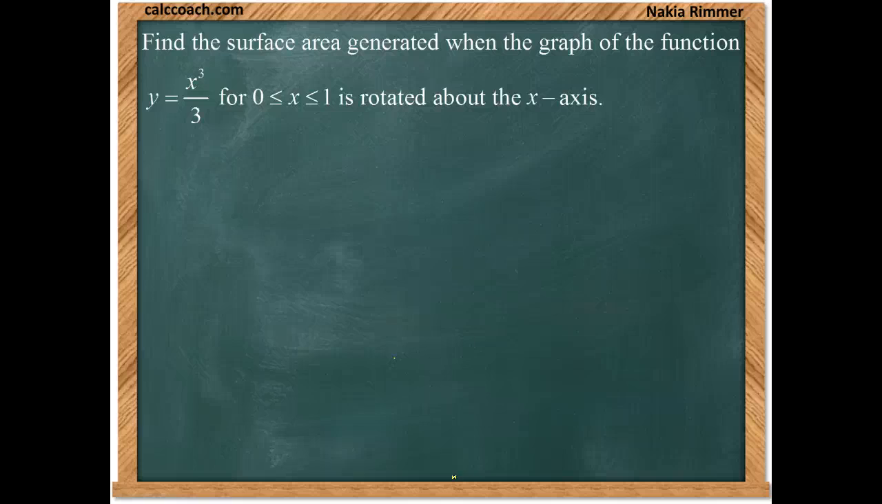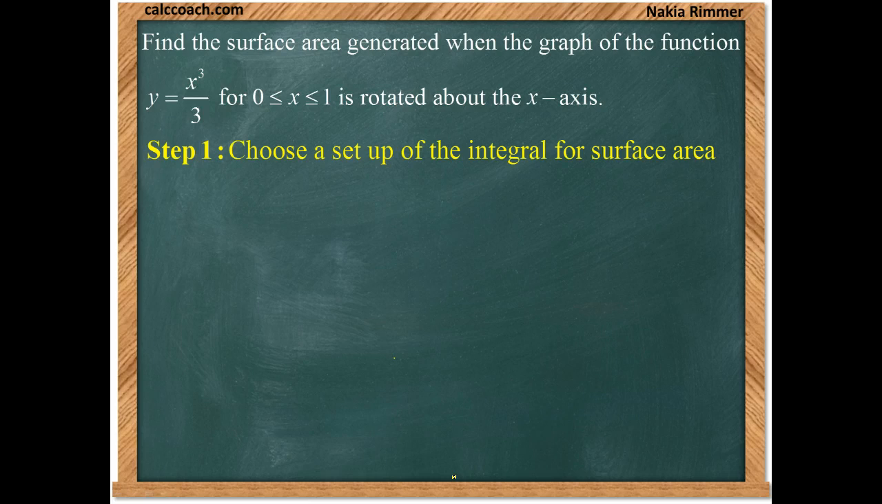Find the surface area generated when the graph of the function y equals x cubed over 3, for x between 0 and 1, is rotated about the x-axis. The first step in the process is to choose a setup of the integral that's going to get you to calculate surface area. Since it says rotated about the x-axis, then the formula in general for surface area will be